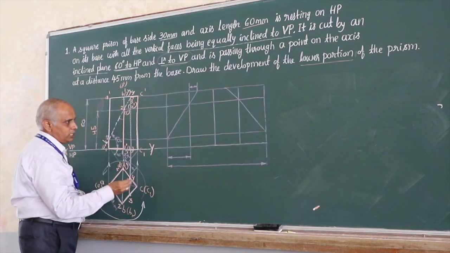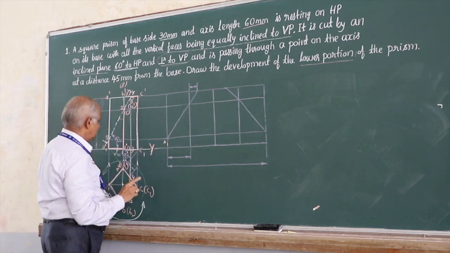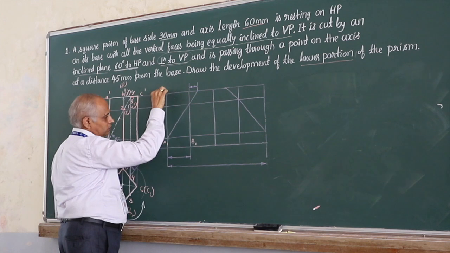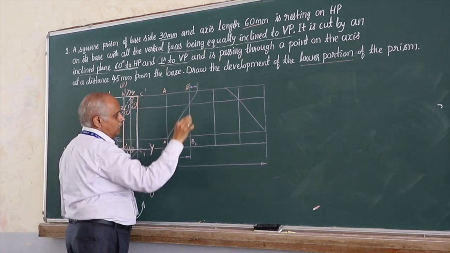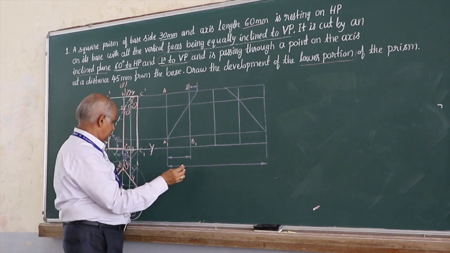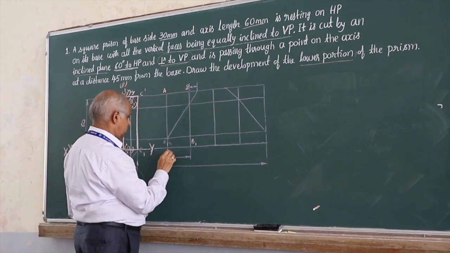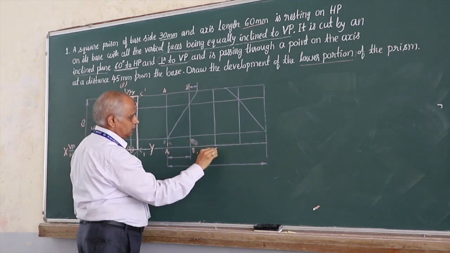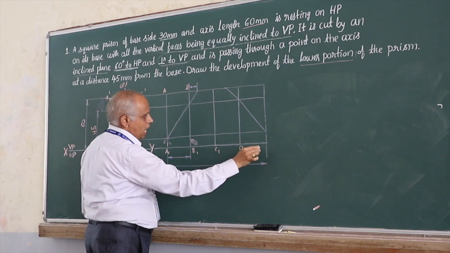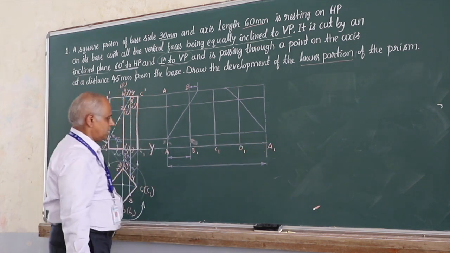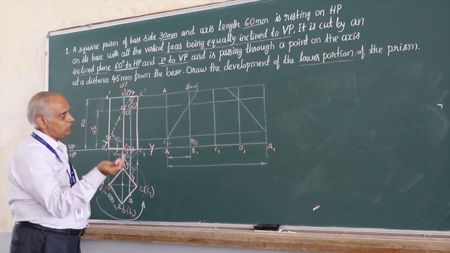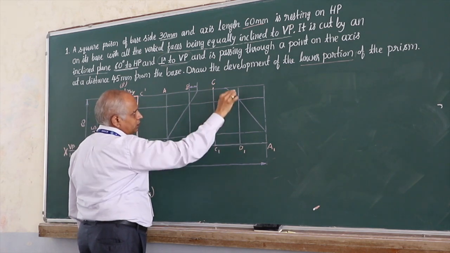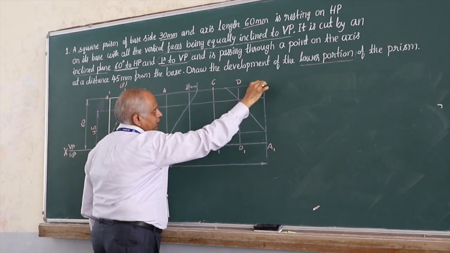In this case, this is the shortest one, so I can write this as now the development part, this as A1, next it will go to B1, therefore this is A, this is B. On development we are writing capital letters. This is A1, this is B1, this is C1, this is D1, and it should come back and merge at A. So when you fold it back, A1 and A1 will join. So correspondingly this is B, this is capital C at the top, this is capital D, and this is A.